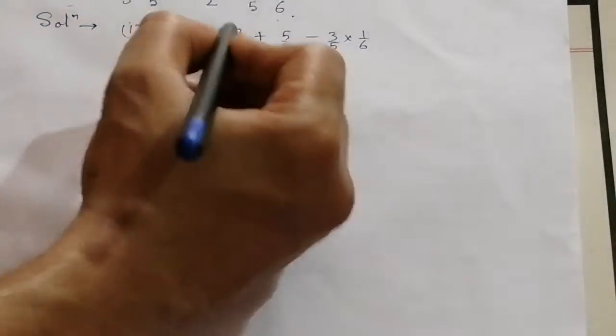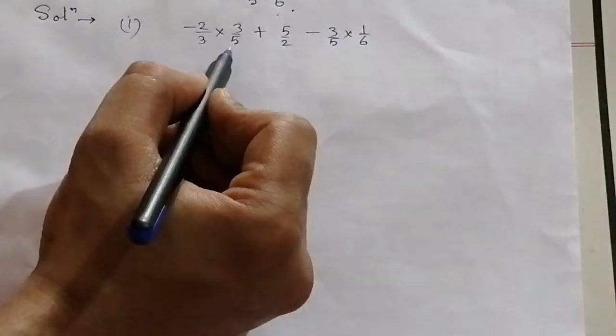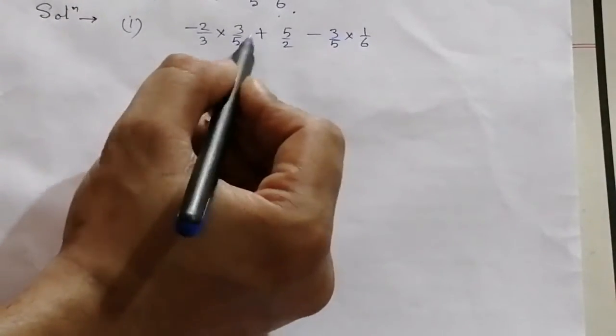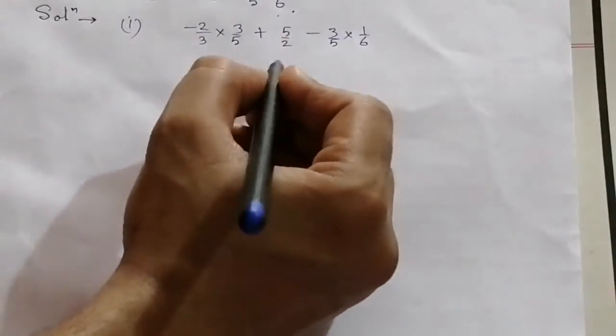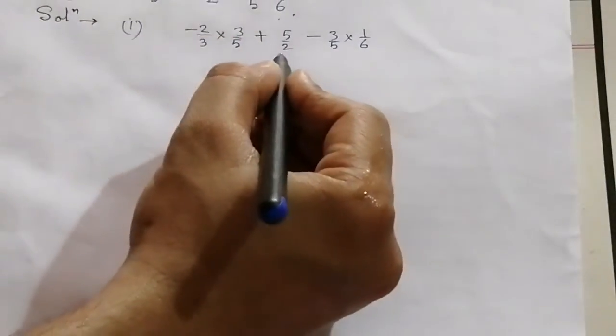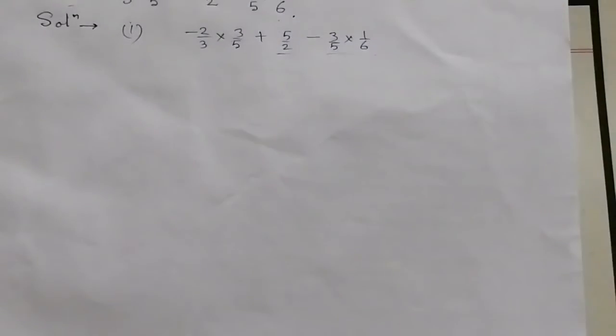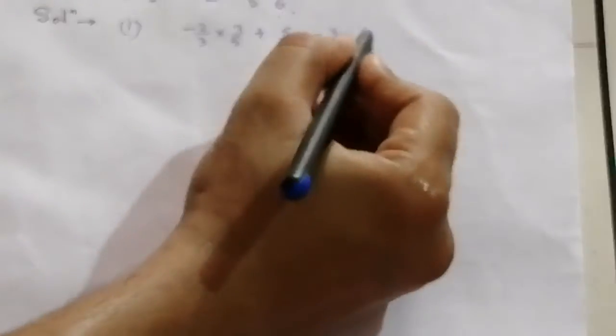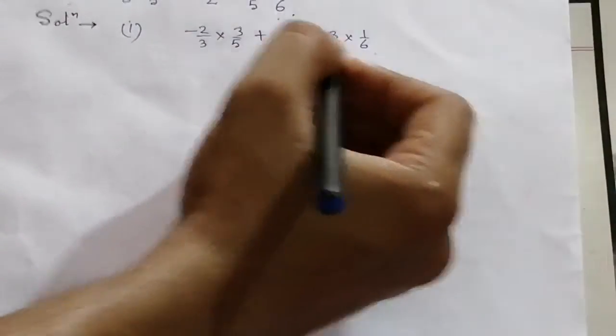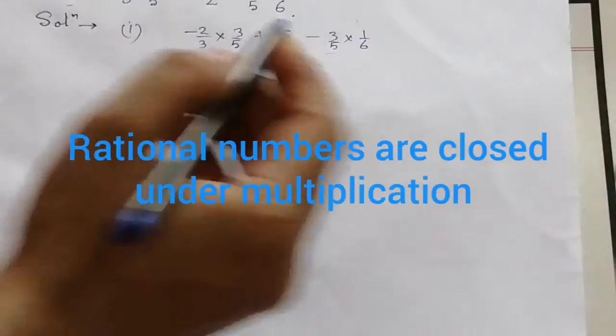Okay, so here we can see this part 3 over 5 and 3 over 5. It is in both the terms, so we need to bring it here. For that we need to commute this and this term, but here we have studied that rational numbers are commutative. So how can we be sure that this expression is a rational number? Here this term is a rational number or not?